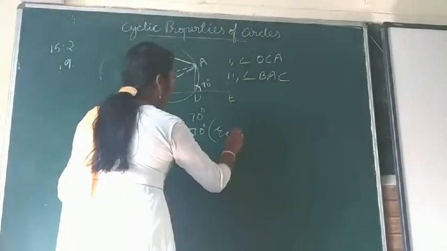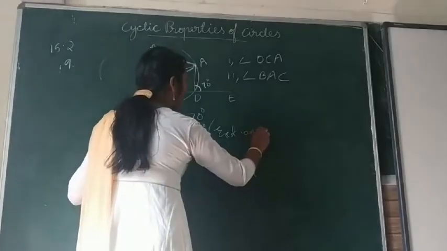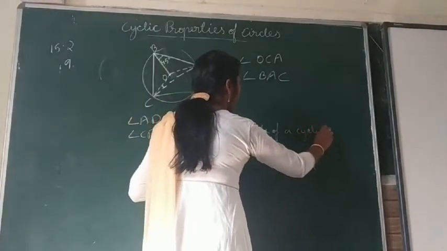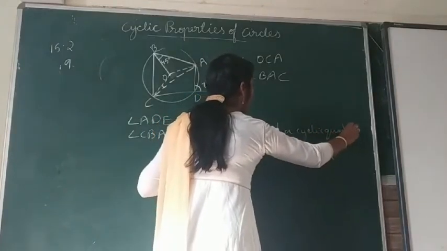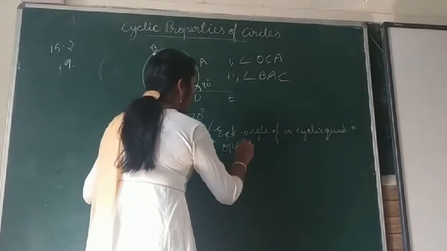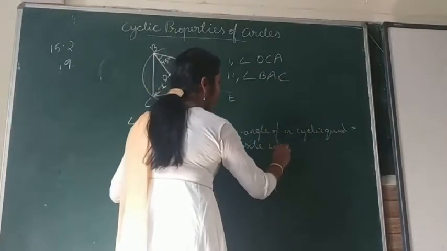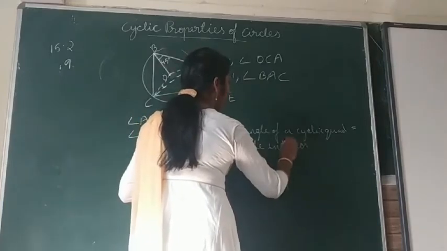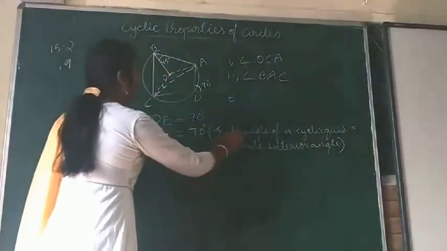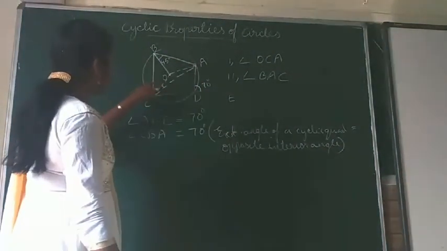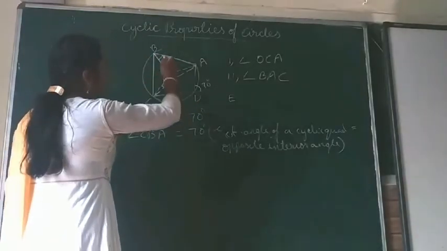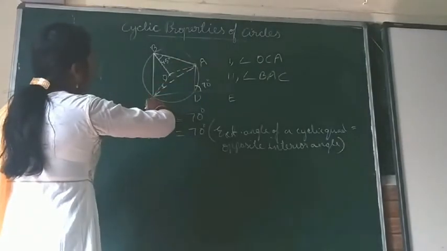Exterior angle of a cyclic quadrilateral is equal to interior opposite angle. So, angle ABC or angle CBA is equal to angle ADE, that is 70 degree. Hence, we can find out angle